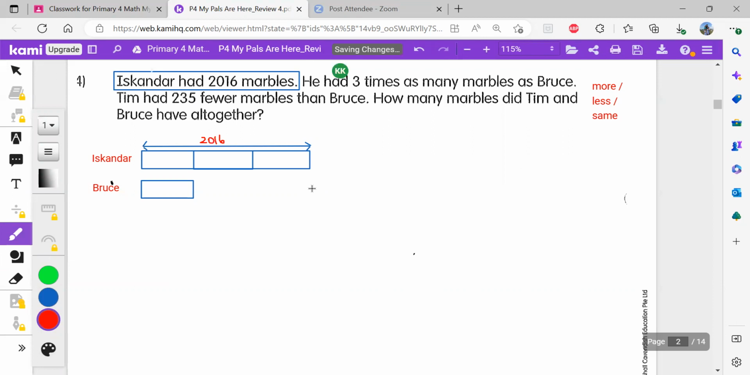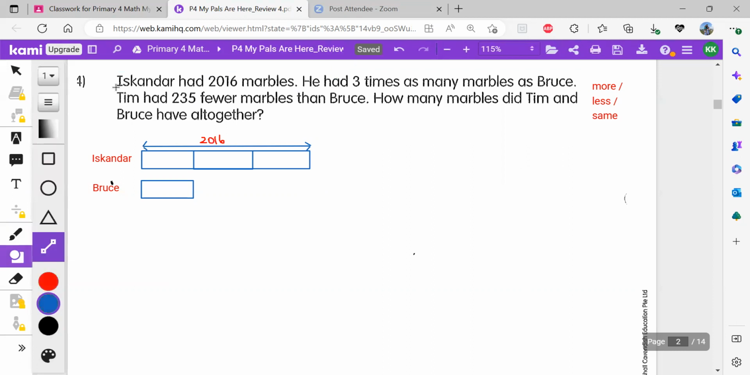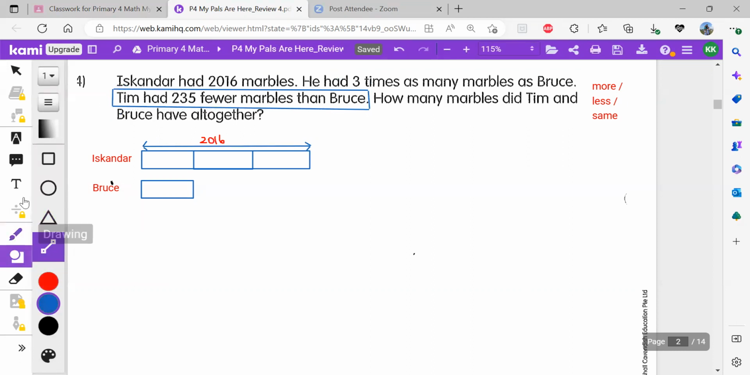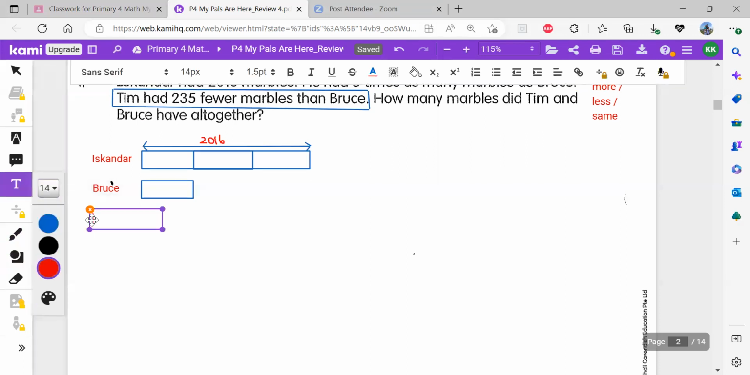Okay, and Tim had 2. Okay, so that's all. So the next sentence I can draw after I finish drawing that, then look at the next sentence. The next sentence says Tim had 235 fewer than Bruce. Tim had 235 fewer than Bruce, which means that Tim,